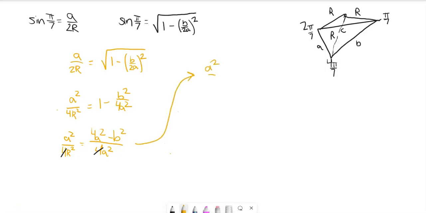a squared over r squared equals 4a squared minus b squared over a squared, like so there. We can cross multiply to both sides. We'll get a to the 4th equals r squared times the quantity 4a squared minus b squared,